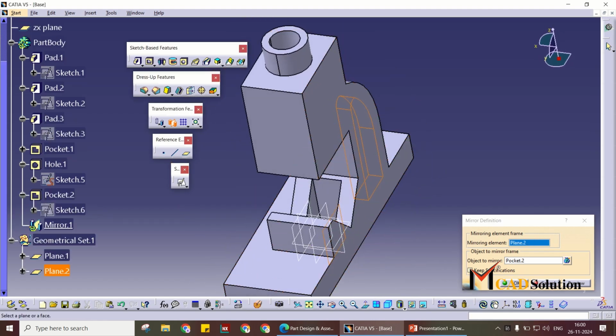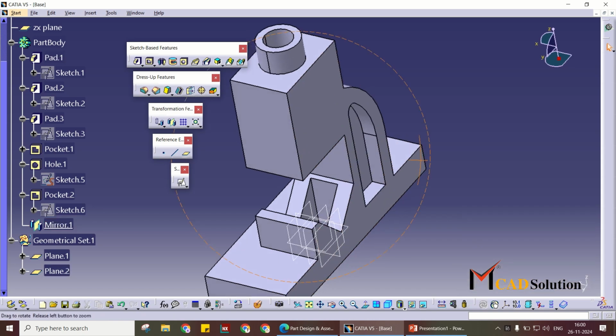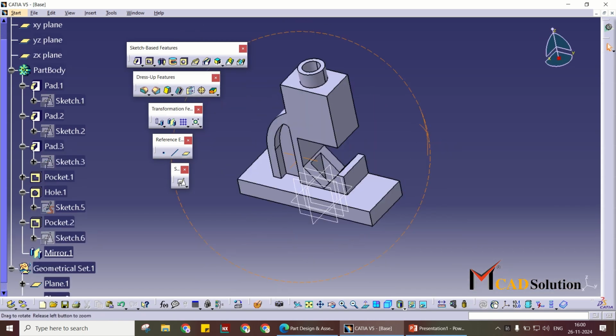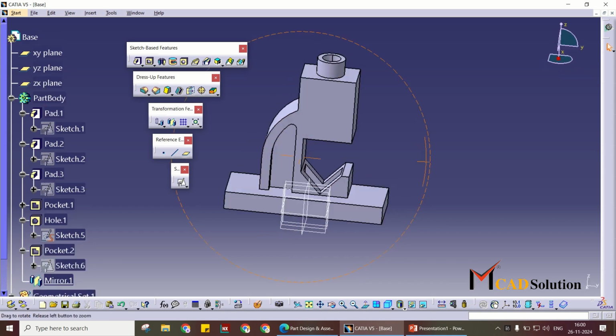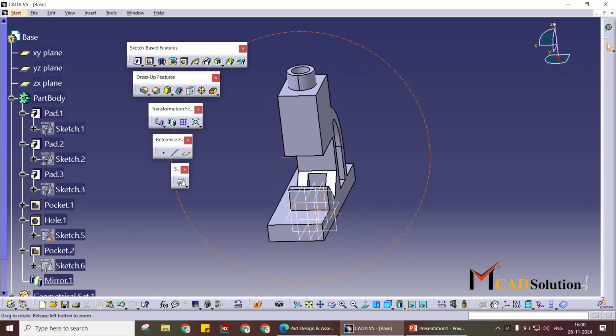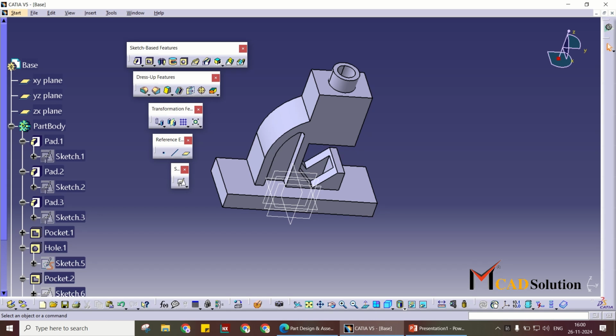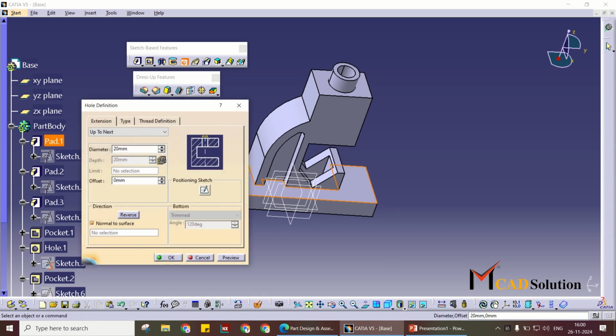Okay, so this feature is mirrored. Then hole, position this,